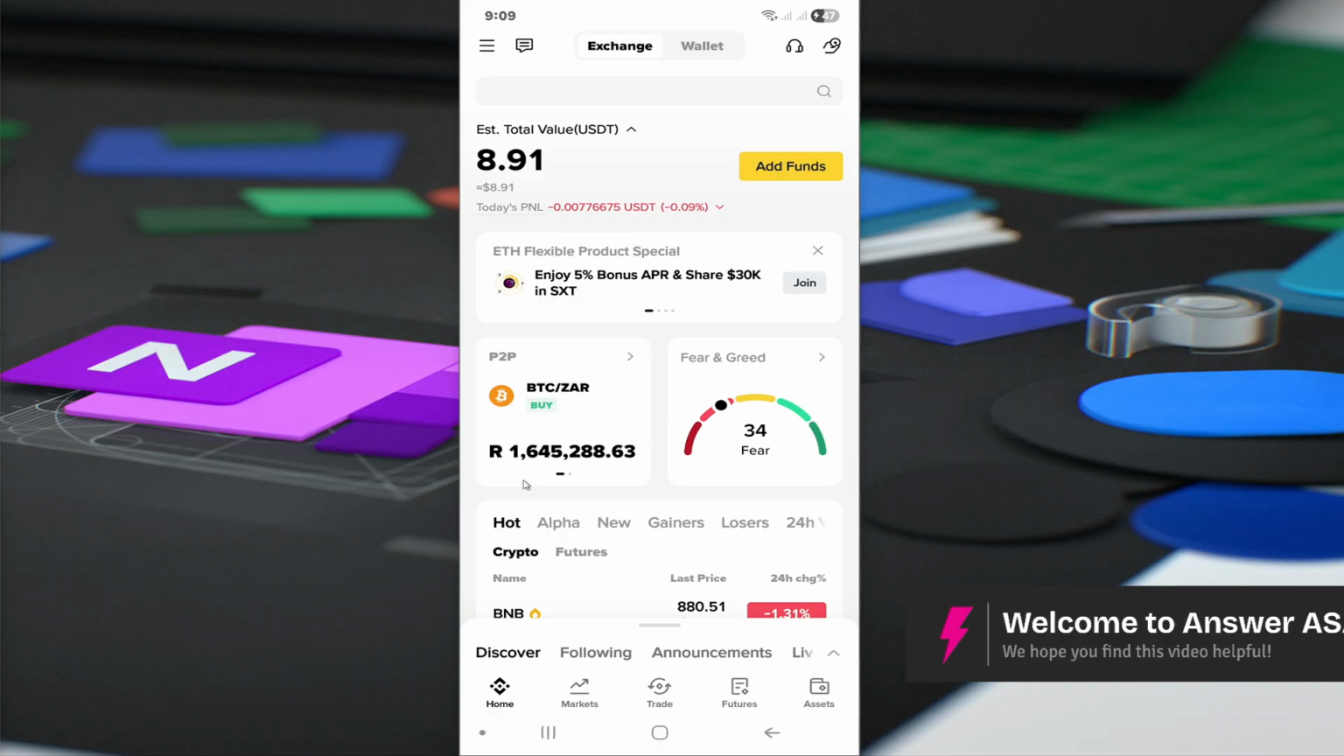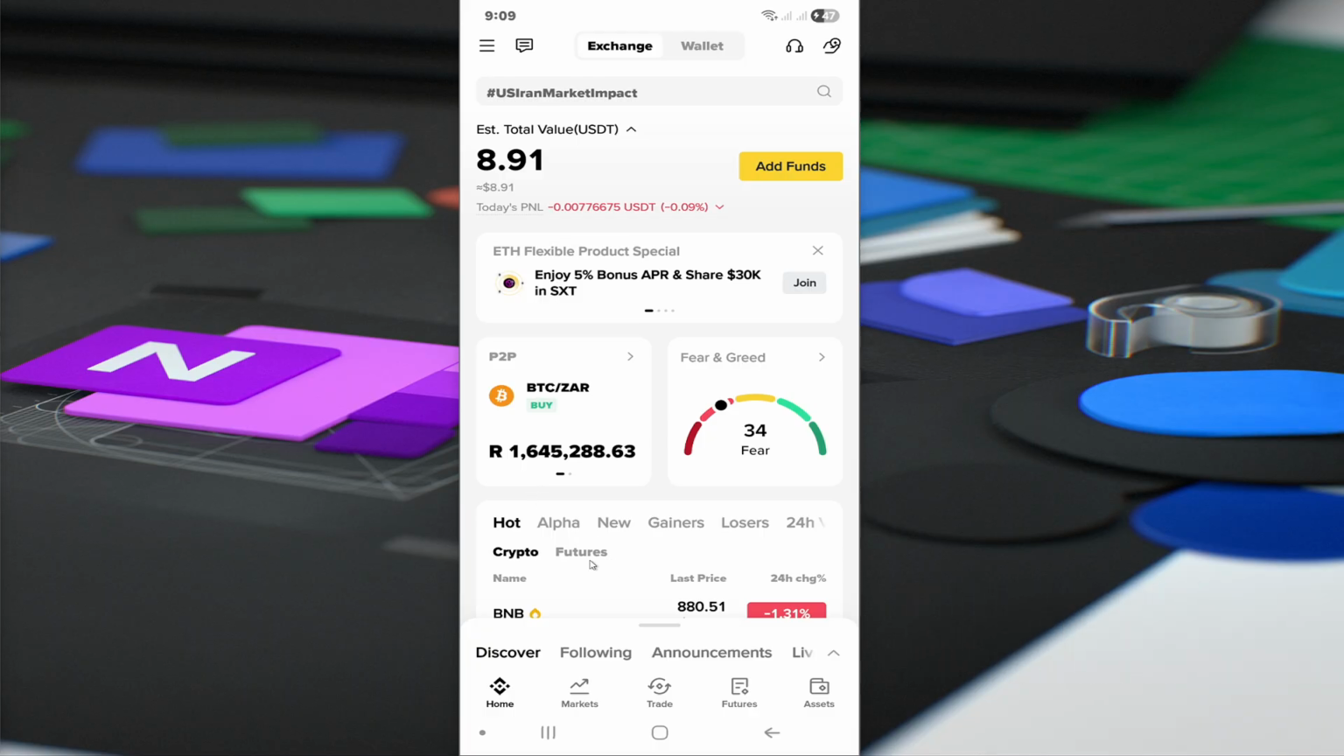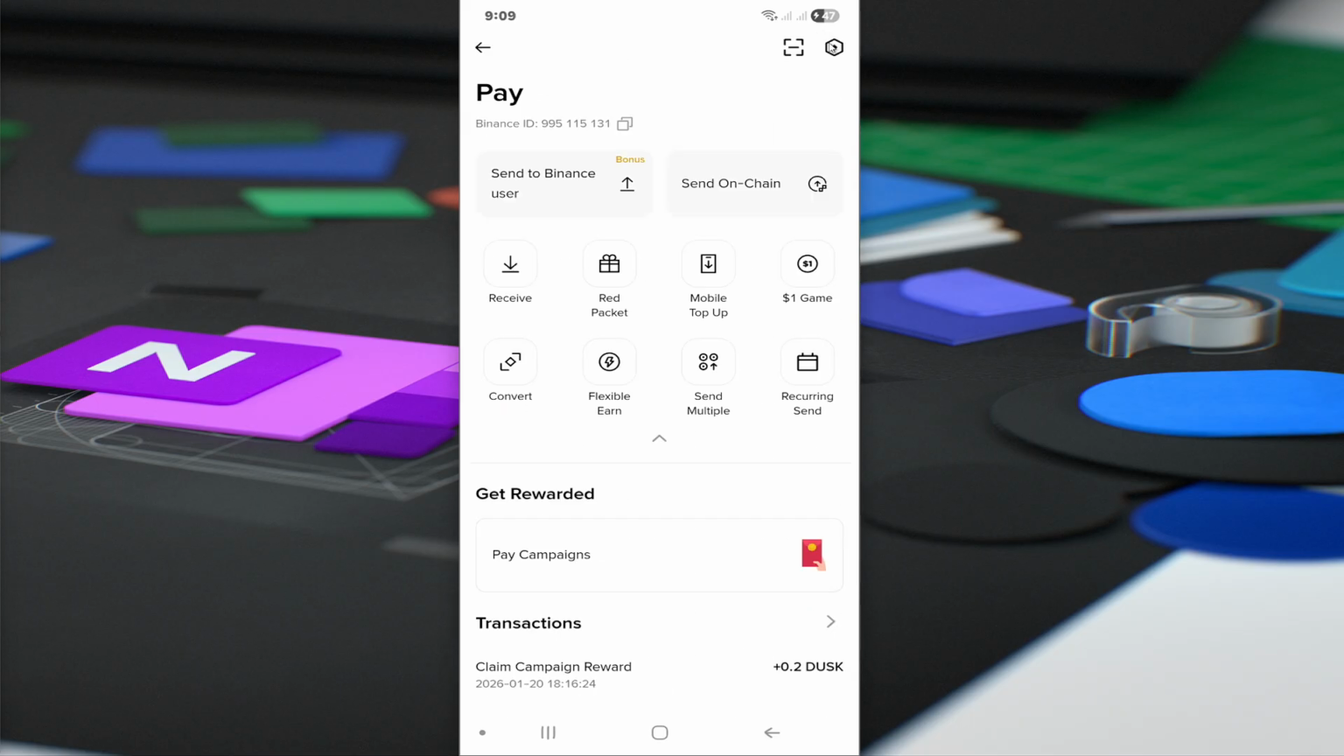All right, so first up, go ahead and open up your Binance app, and at the very top or at the top right, you have Binance Pay right here. So just go ahead and tap on it, wait for it to load, and if it's your first time,